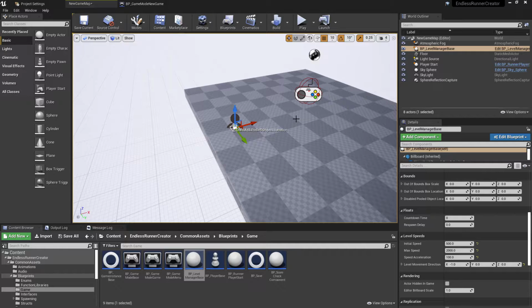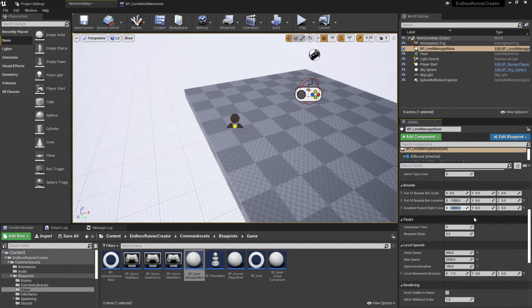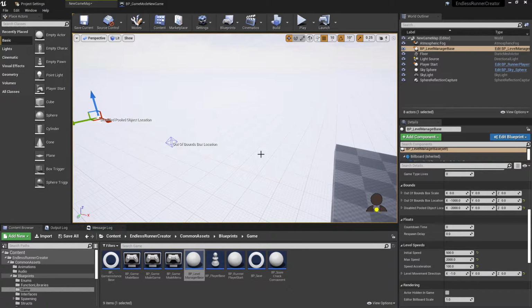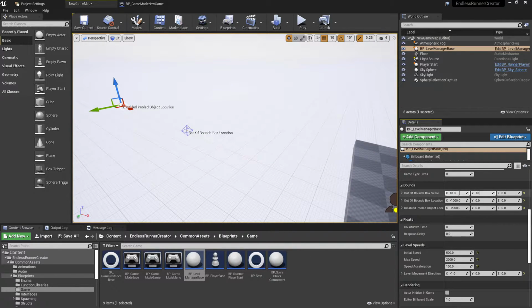So again, working with the x-axis, I'm just going to change the location for the out of bounds box. This is where objects will reach when they're moving, and at this point in the world they'll be classed as out of bounds, so not visible or usable in the game. Similar to this, we have the disabled pooled objects location as well. This doesn't have to be done, but I generally place this just behind the out of bounds location, so that I know this will not be in the camera viewport and we won't see things moving around. And then finally, I'm just going to set the out of bounds box scale, which is this box here. So this is just a